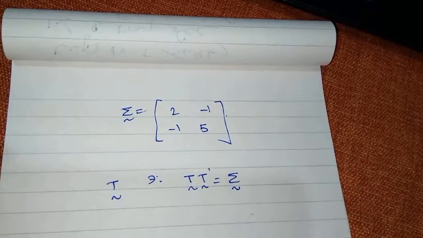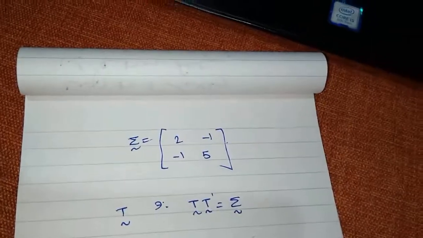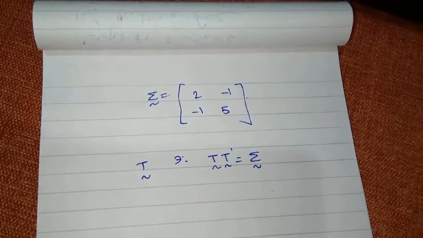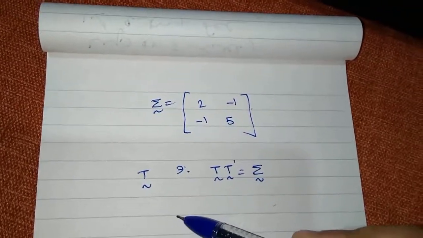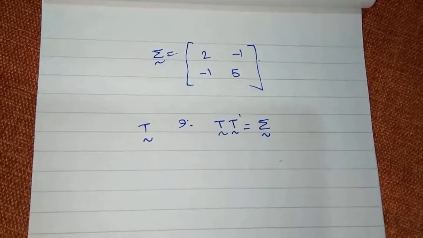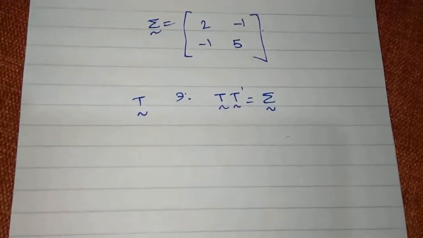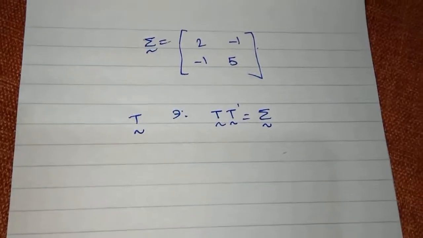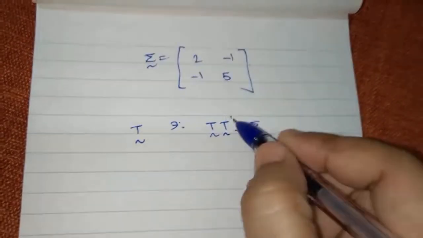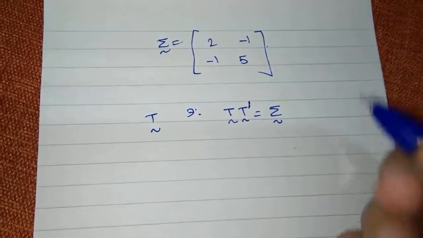First of all, why am I doing this? The reason is, just as I mentioned, we want to go from standard multivariate normal to general multivariate normal, and we know in theory we have seen that what we need is the square root of the variance covariance matrix. So this T can actually act like a square root of the variance covariance matrix. So if I want T such that this happens, and T should be lower triangular,